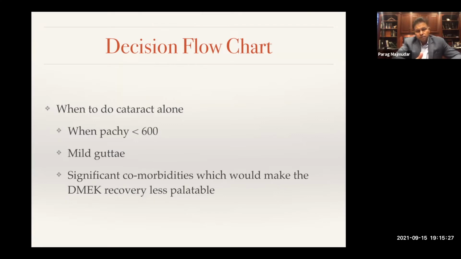Now, when we have that situation, of course, we have to think about the overall situation, not just central corneal thickness or specular microscopy or cell counts. Think about the patient's overall situation and ask them what their social situation is, how they have help, and can they function with their other eye, for example. If you do DMEK on a patient that's monocular, you have to warn them that they're going to have maybe a week or two or three, whatever the case may be, before they can see well and start to function. So I think that's really a